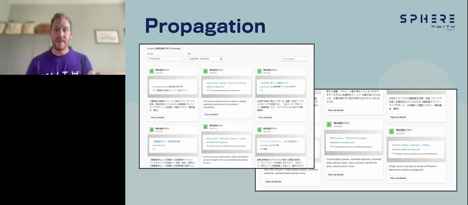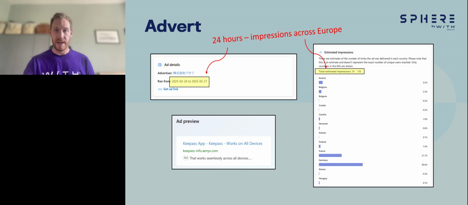But within their ad profile, we can see a number of the domains that we noted earlier. We can see DEX Screener, we can see our KeyPass info advert, for example. So there is a campaign of ads being run, all pointing to this ANIS domain. We can look into a specific ad in a little more detail, and we can see